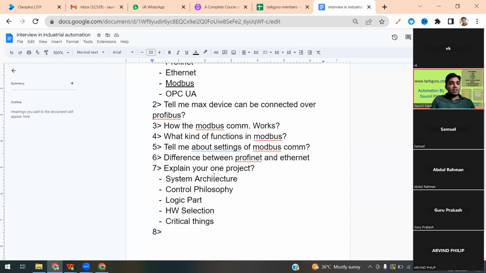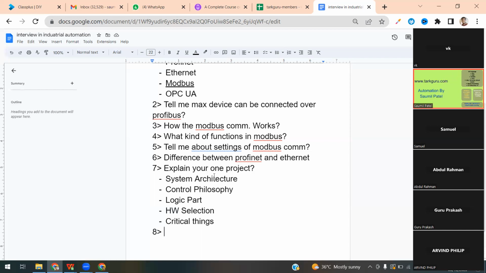Amit says, can Siemens PCS7 S7400 be called a DCS system? How is it different from the Emerson, Honeywell, and Yokogawa DCS? See, each and every company has its own DCS, correct? Right? That means,